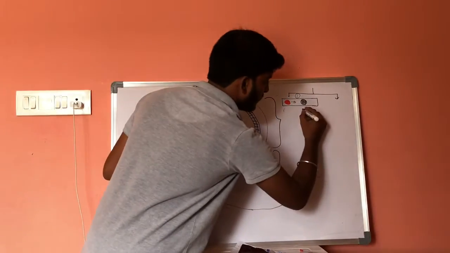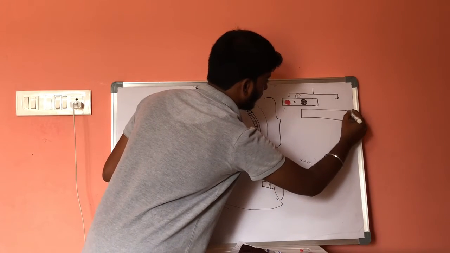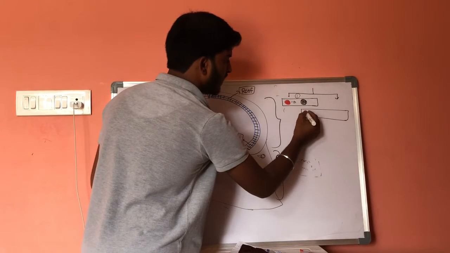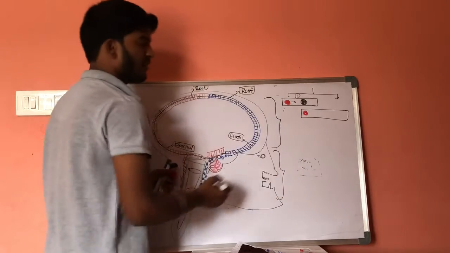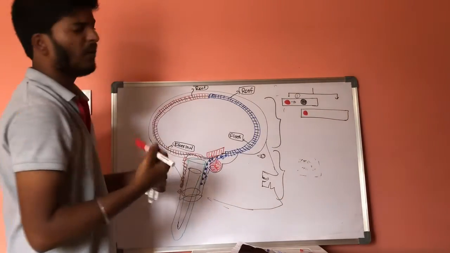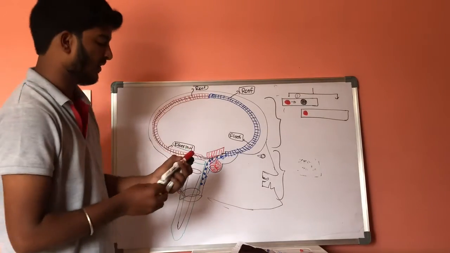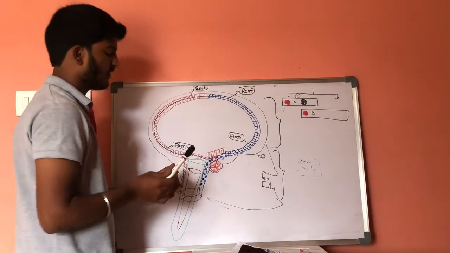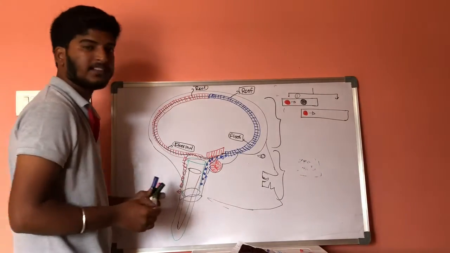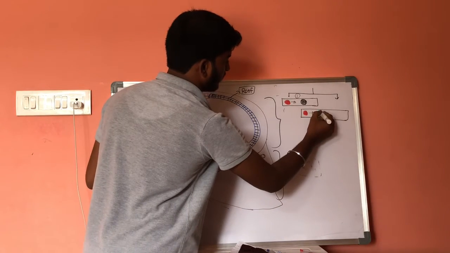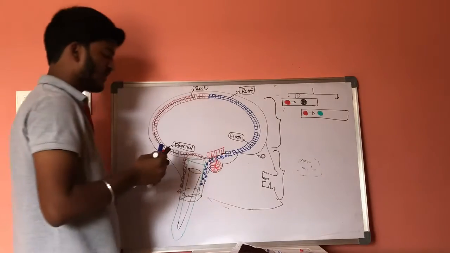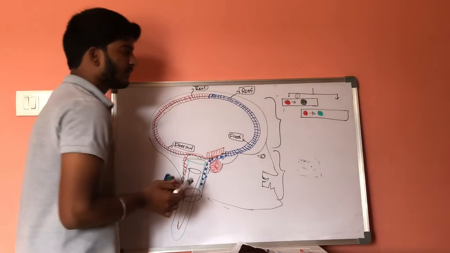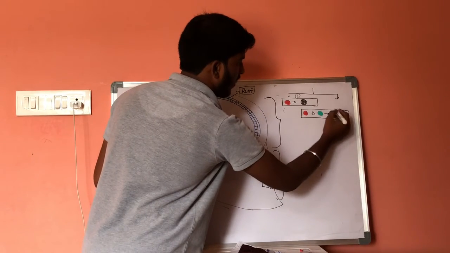And there is one more pathway, that is the second pathway. In the second pathway, let us consider one mesenchymal cell. This mesenchymal tissue does not directly form osteoblast cells. Rather, it forms one more special type of cells, that is chondroblast cells. They are involved in the synthesis of chondroblast cells, and after that, it forms osteoblast cells.